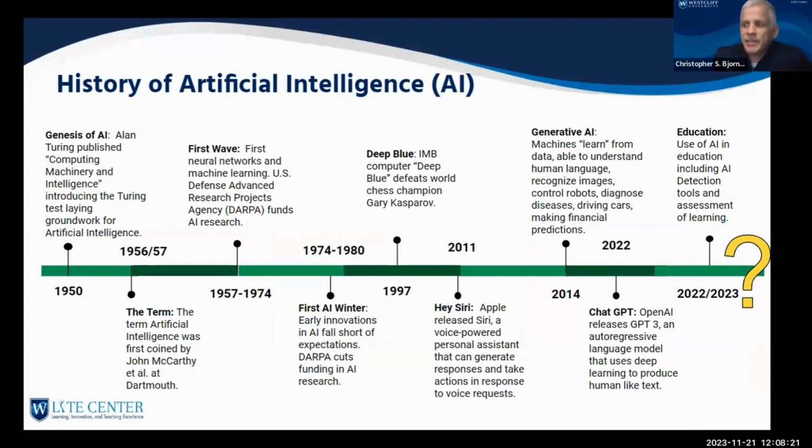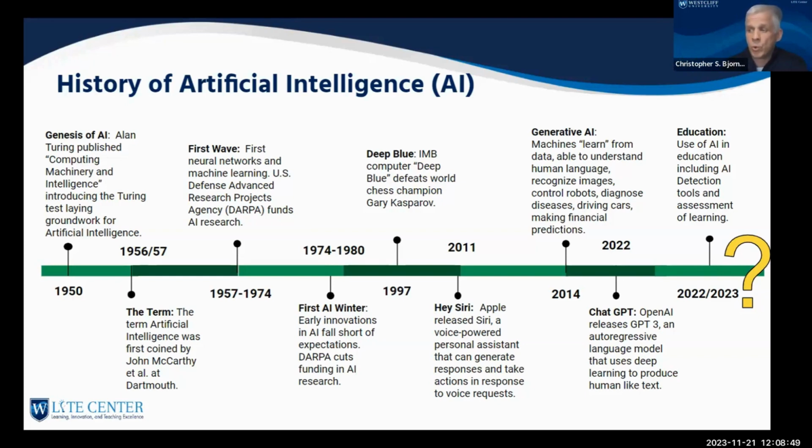Here, I created a timeline of artificial intelligence. Again, I think most of you are probably familiar with some of these key points here. I'm not going to go over all of them. These PowerPoint slides will be available to you at the end of the webinar, so if you want to go in and look at some of these interesting time periods, you can do that. As I noted, in 1950, Alan Turing published his imitation game, setting the groundwork.